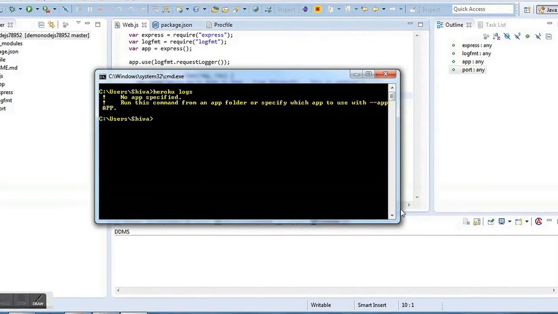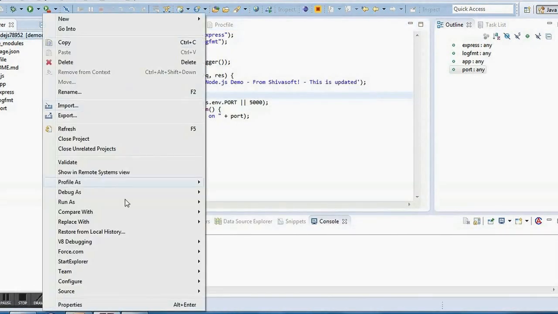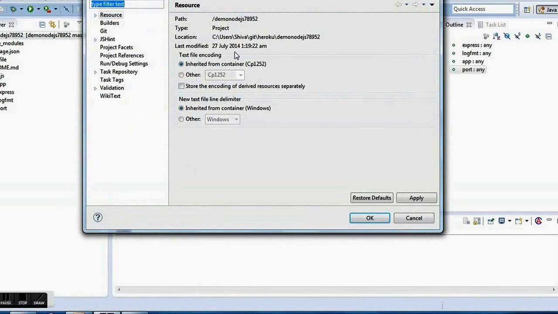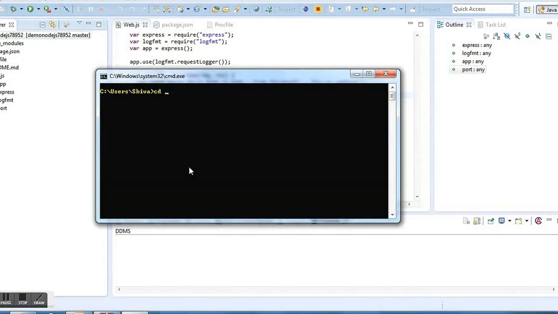So here is Windows, here is your Eclipse. We will just copy and paste our directory path here, and this is the path of our Node.js directory on the local system. Let's copy this and navigate there, and once we are in the directory, we can run the command heroku logs and it will give us all the information.